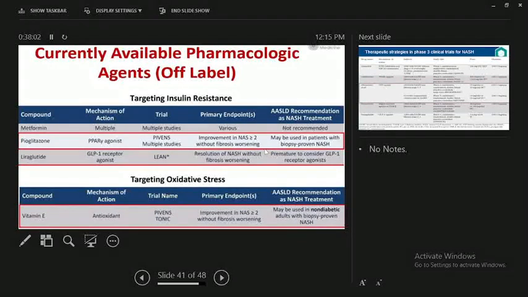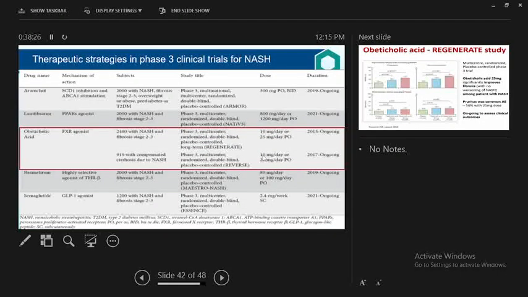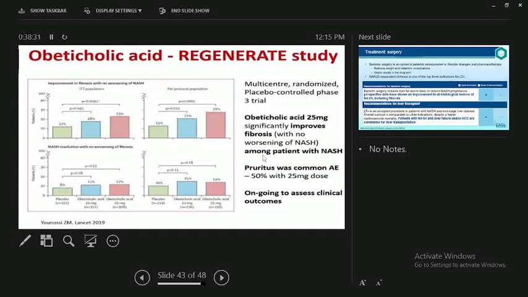GLP-1 receptor agonist, in the LEAN trial, reduces NASH without worsening fibrosis, but we don't have much clinical evidence for you all to consider GLP-1 at the moment. Vitamin E, an antioxidant, improves NASH without worsening fibrosis, and may be used in non-diabetic adult patients with proven NASH. I don't know why they selected non-diabetic, because we don't have any clinical studies done on patients with